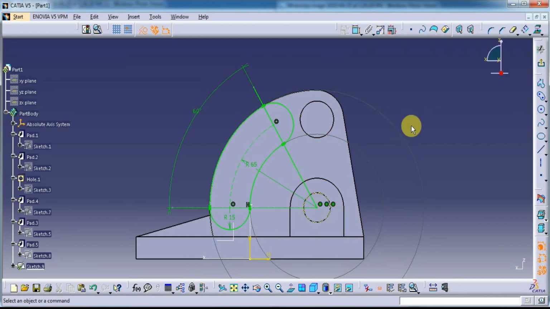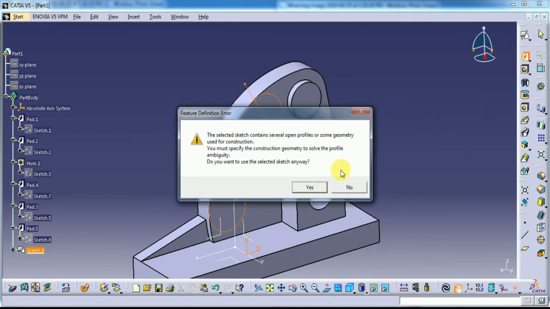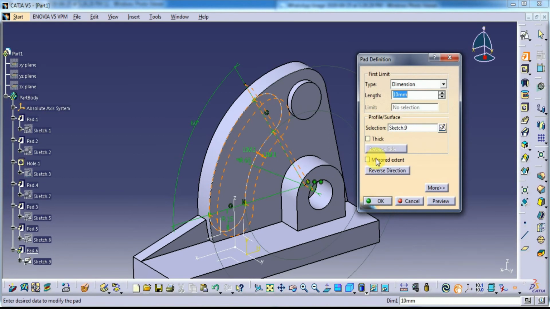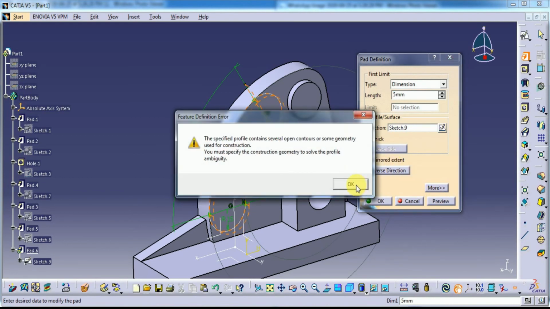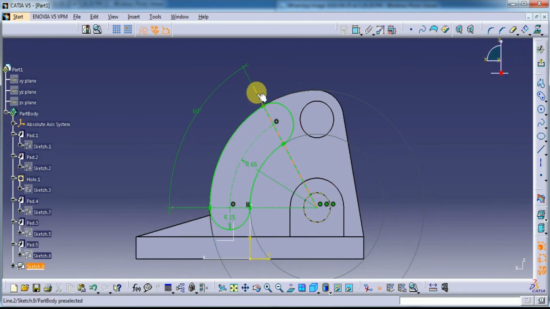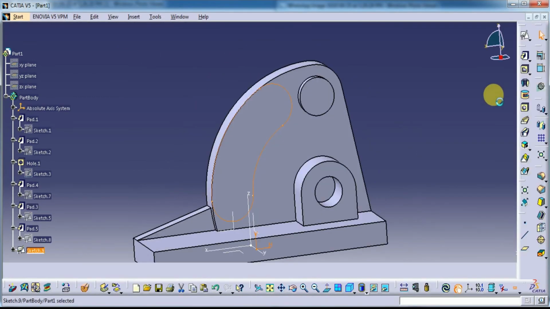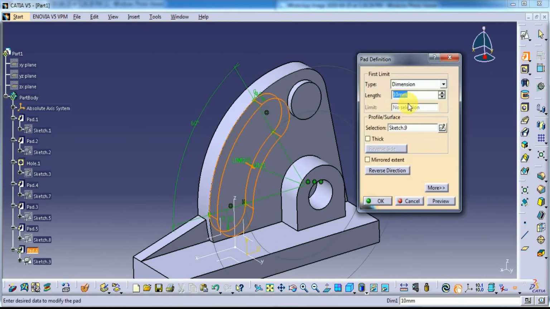Okay, so here I should give 5 mm depth here. 5 mm. So somewhere some profile is there. Make this as construction mode, right? Now let's see. Let's close one and select the workbench in pad. Here it is 5 mm. Preview. Okay,